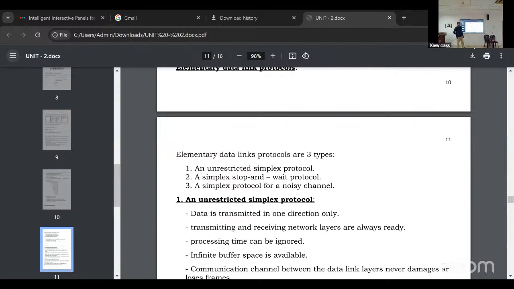Make a note: channel allocation, static channel allocation.